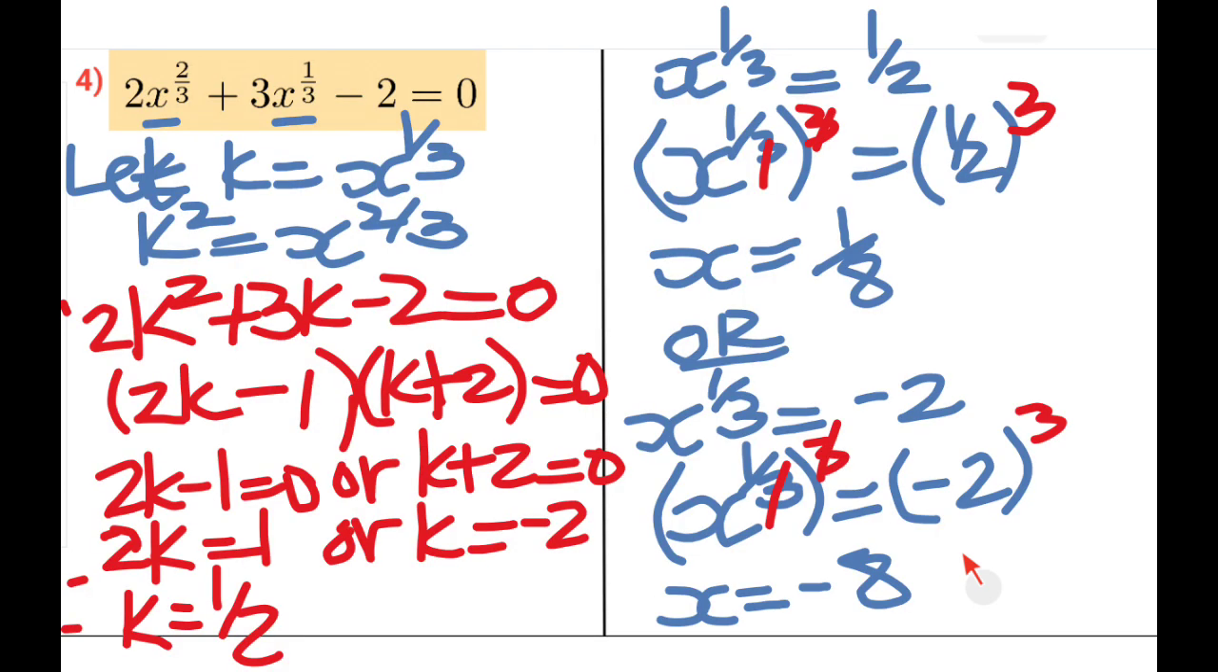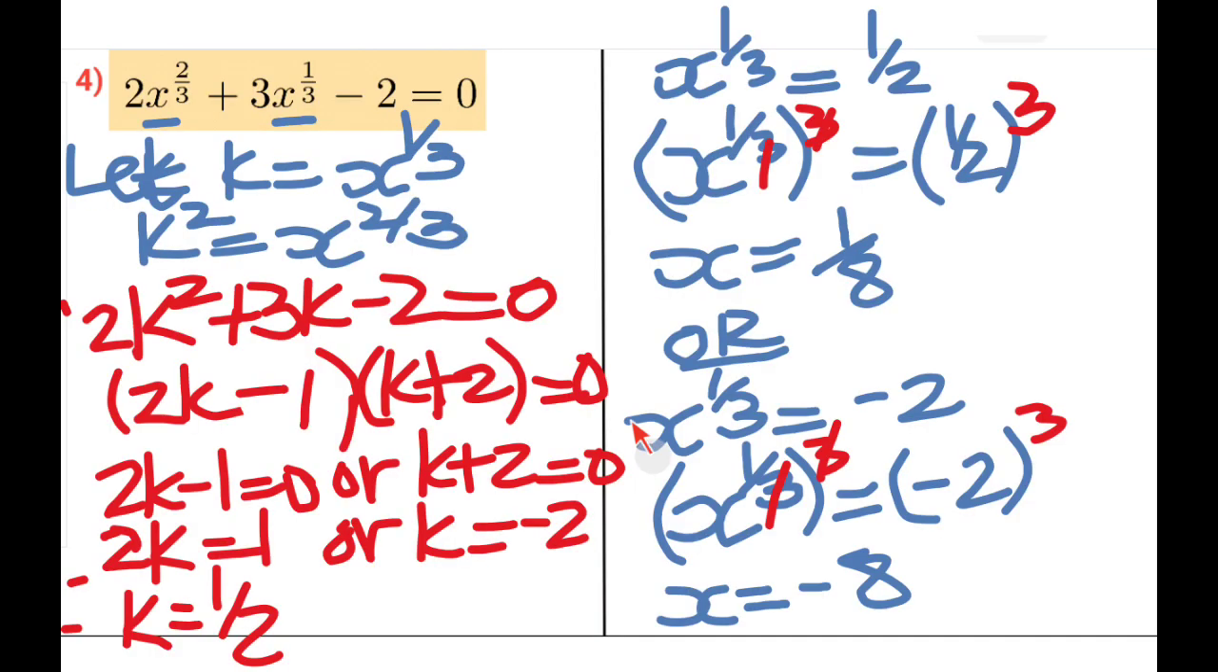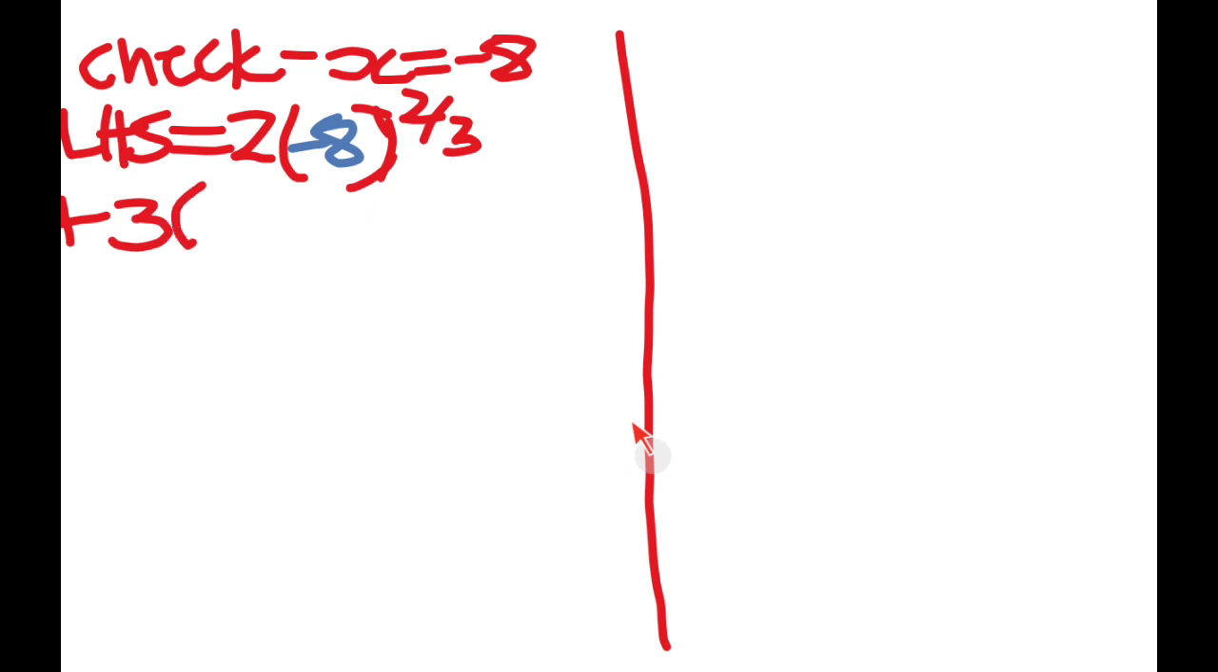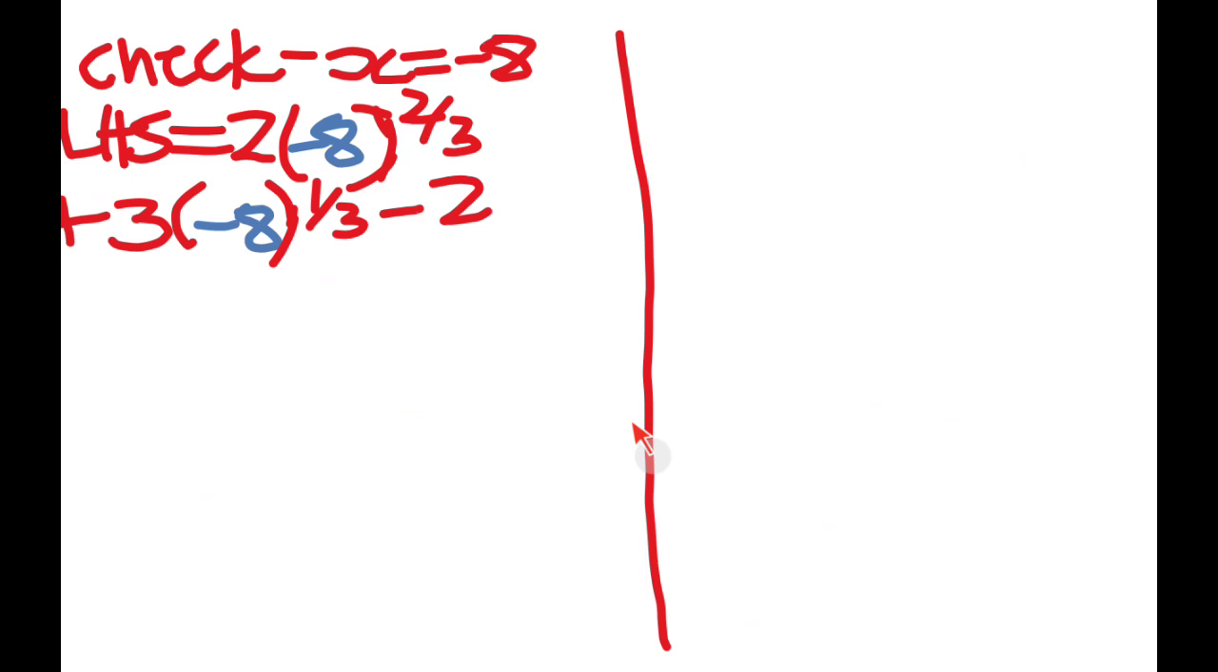All right, let's substitute. So that's 2 in bracket negative 8 to the power of 2 over 3, plus 3 in bracket negative 8 to the power of 1 over 3, minus 2. Which is equal to